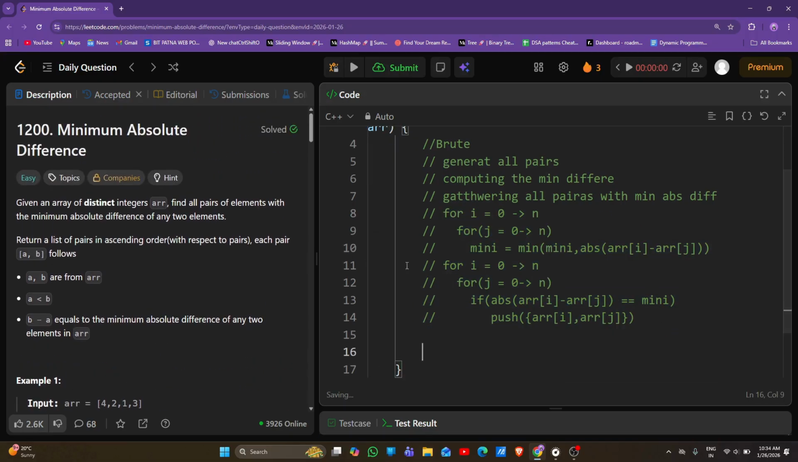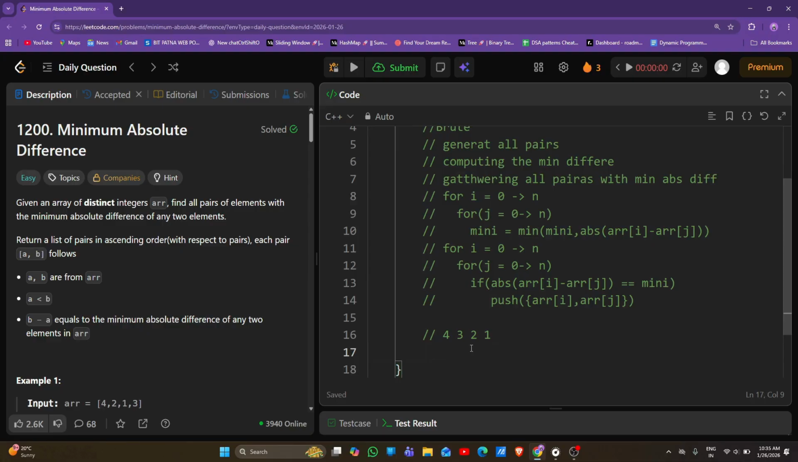How can you think about where the minimum difference will be? Take 4 3 2 1, how can you find the minimum difference? I can basically say the closest numbers will have the minimum difference. Through this we can understand that if we sort the array, then we can get the answer in one pass, without using two loops. So int n equal to array dot size,